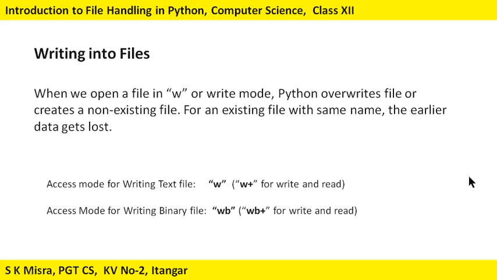Now let us see the modes which are available. Suppose I want to write something into a text file, then the mode will be w. While opening the file we will specify the mode as w. If we are going to write something into a binary file, then we specify our file access mode as wb. Because we are dealing with text files only for now, we will concentrate on this w. Of course we have a w+ mode that we have already discussed. w+ means writing and reading also. If I want to perform both write and read in a single operation, then I can go for w+ mode.